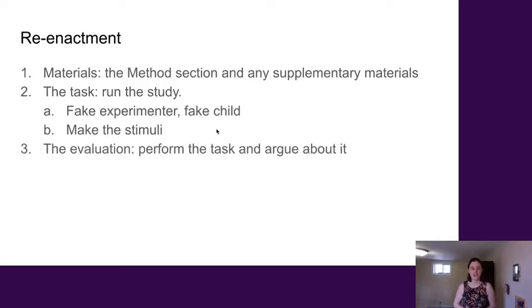Oftentimes, in class, once people perform the task, we then argue about it. Because I'll have multiple groups perform the same task, and they almost never do it the same way. And so then I say, well, who was right? And it's almost never the case that the reason that there's variation is because of an error on the student's part. Instead, it's because of ambiguities in the prose. And so this act allows us to, in a low-stakes way, critique the quality of the prose in representing the methods of a study. And it gives students this feeling of how important it is to write methods in a